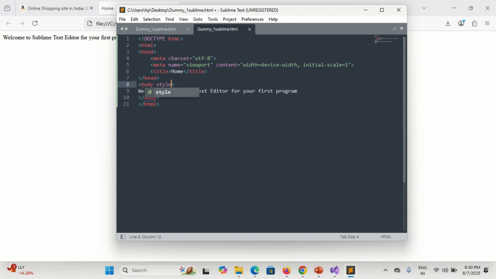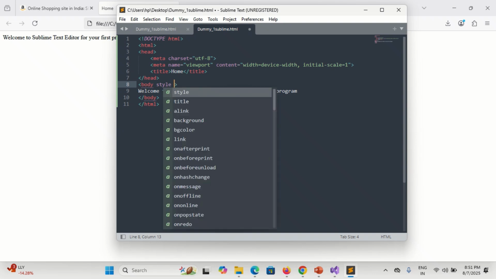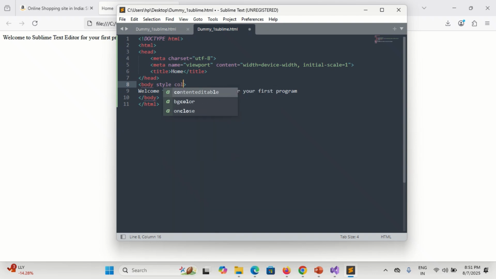So I have mentioned here the style part, and then I'll set the style color. Let's say I'll make it BG color. BG means the background color. Okay, and I'll set the background color, because it is already black text and the background is white. So I'll make it